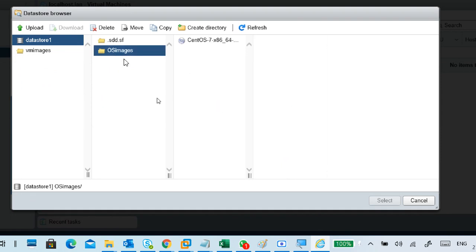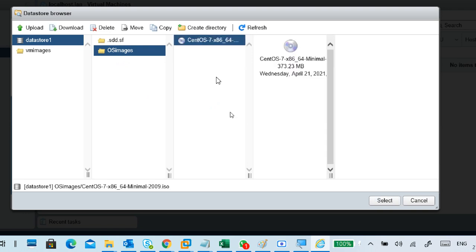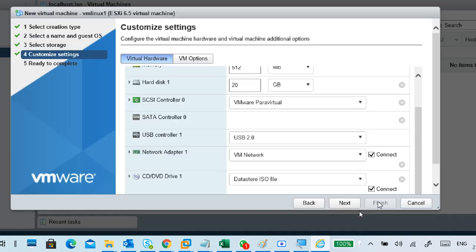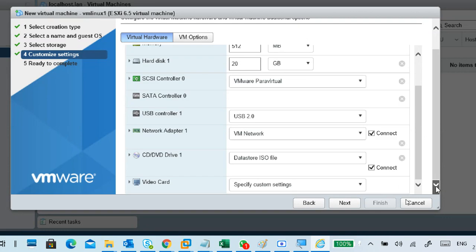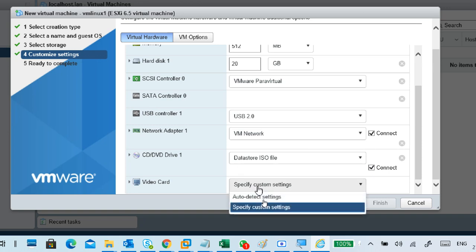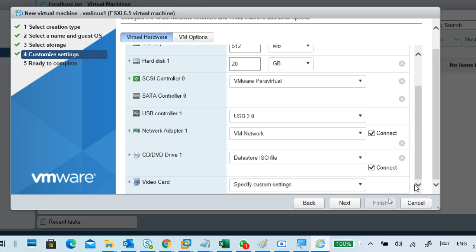I think the upload is not completely done, it is still going on. Once it is completed, then only we can do it. So currently I have selected this one. Data storage connected, video specific settings, auto detect settings. What kind of video display you want, like that. Next.